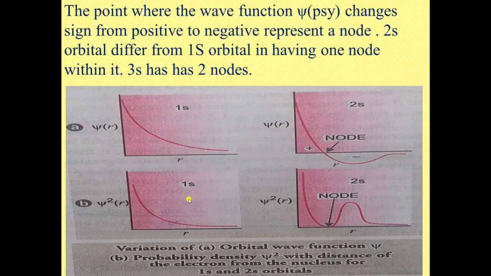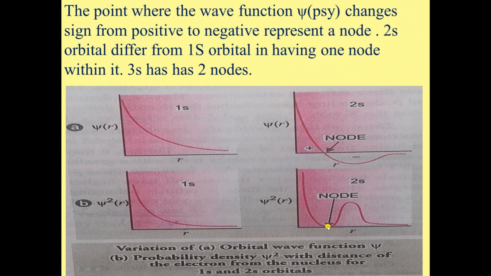Now this is the graph between wave function and radius, and this is psi square. Psi square is the probability of finding an electron. As you can see, it is a decreasing curve. So when we move far from the center, the radius increases and the probability of finding an electron decreases. This is for 1s. But in case of 2s, you will observe that first it will decrease and after that